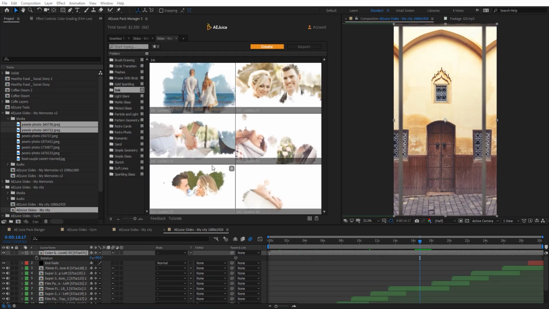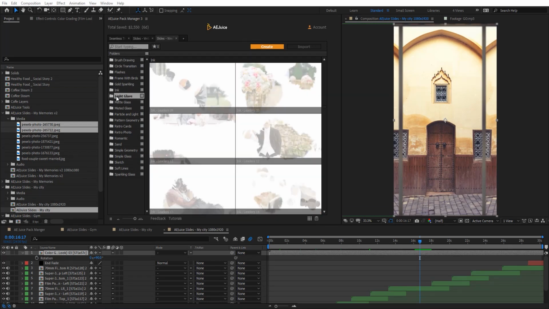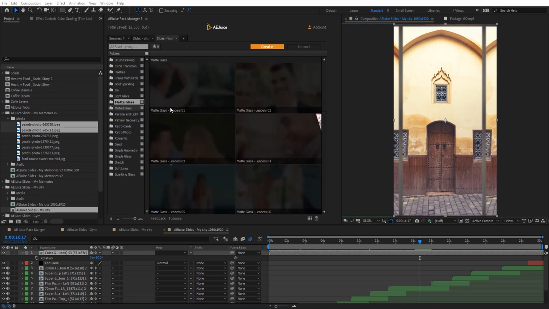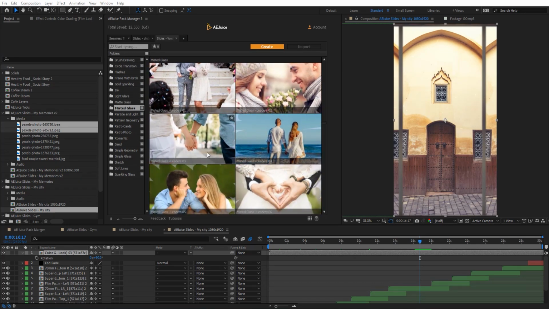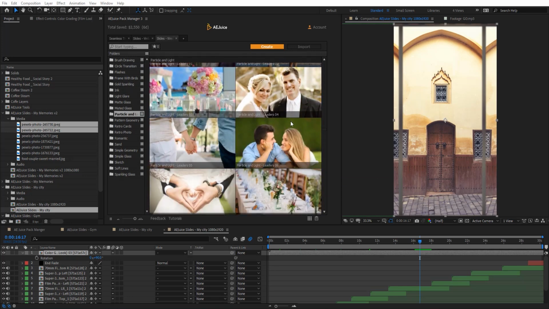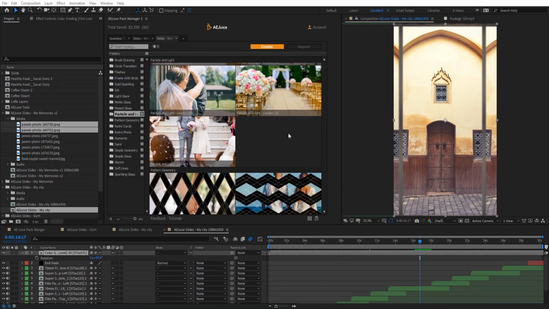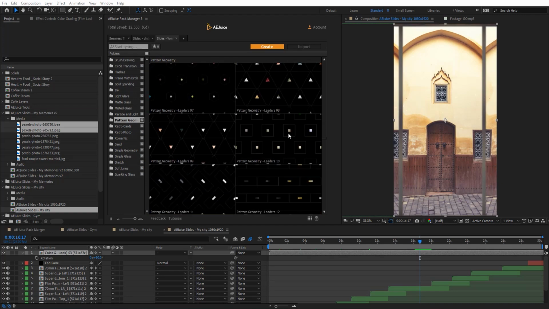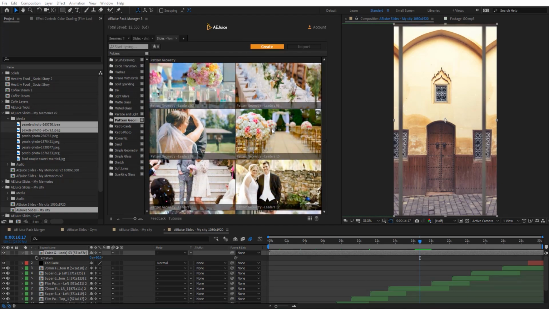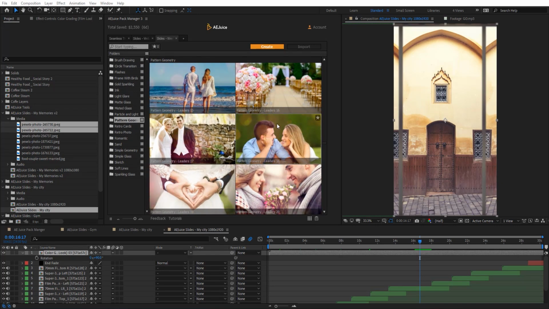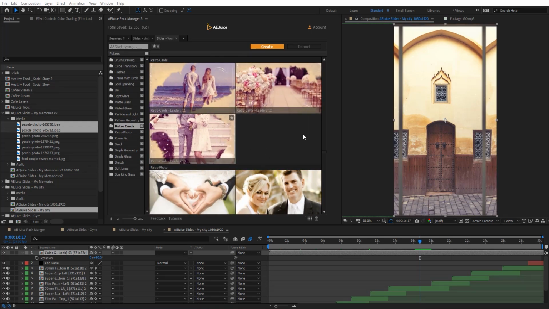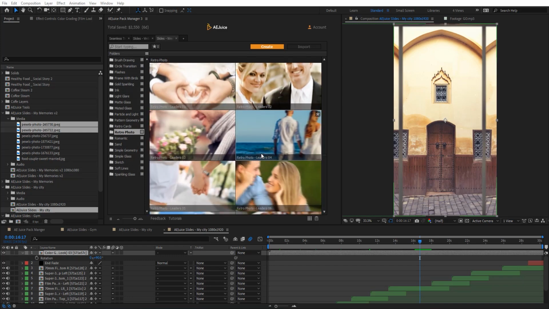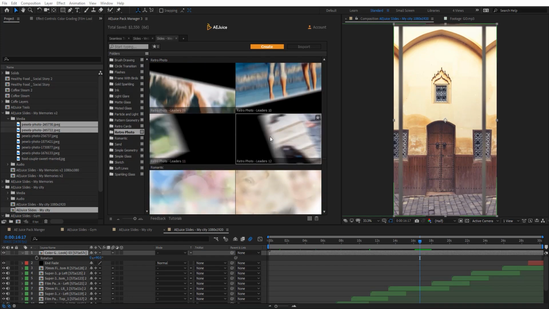Here you got some inks and light layers and matte glass, and that's pretty cool. So you can see what's inside this pack right here. And the same, just create and follow the instructions for this plugin, and it's going to create the slideshows for you very quickly in a very smart way.